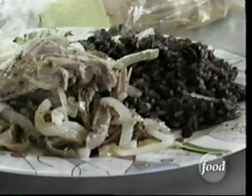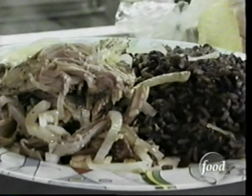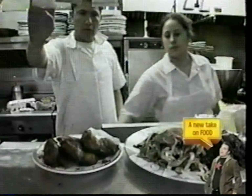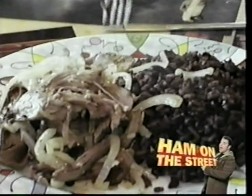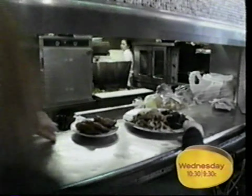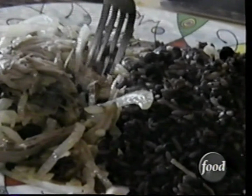Cuban food is a lot of things that are roasted, cooked for a long time. Lots of pork, lots of chicken and beef, and obviously rice and beans, some tropical fruits, oranges, mangoes, things like that flavor it. It's not a very spicy cuisine. It's not like a Mexican cuisine or even a Spanish cuisine. It's about the garlic, it's about the fresh herbs. For the most part, it's a very simply prepared cuisine. Enjoy. Thank you. Okay, so here's the